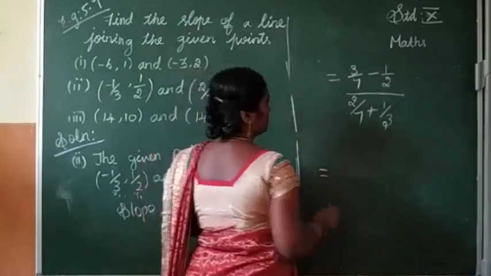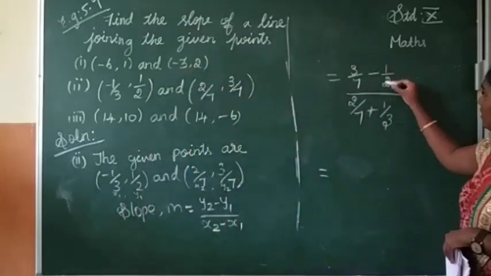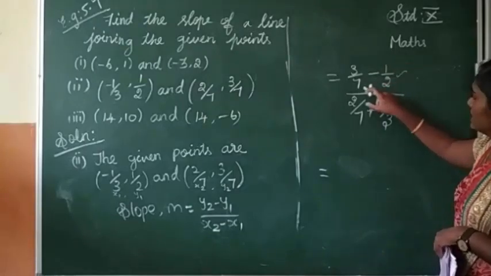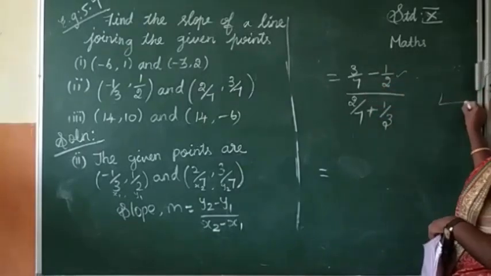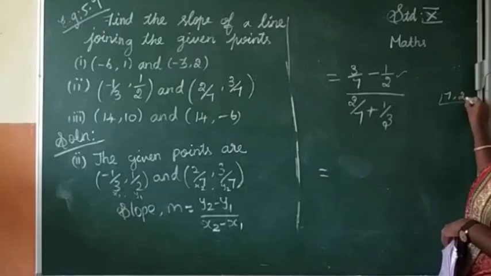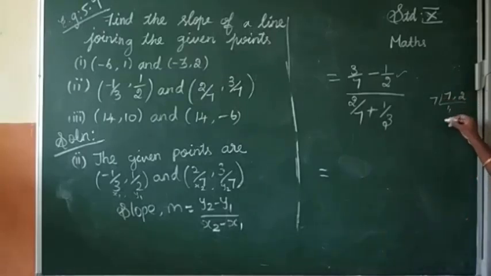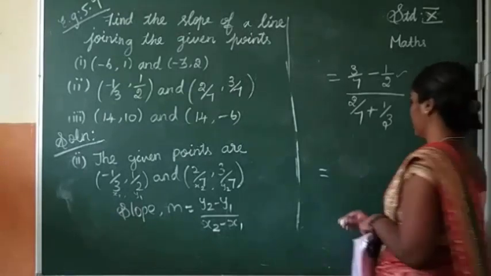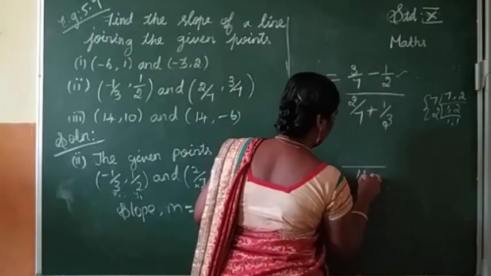That is equal to C. Here, check the above part. Denominators are different, so find the LCM of 7, 2. Give the 7 table, we will get 1. Then 2 is remaining. Give to 2 table. Finally, we will get the answer. So the LCM is 14. LCM is 14, so write that common LCM here.